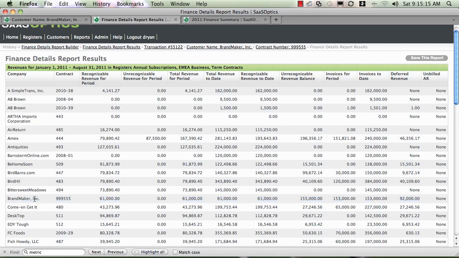Here is a report that we run that shows you the same information, and now we have the brand maker information that we just looked at inside of a report along with all of our other customers and contracts. Now, if you don't use SaaS Optics and use a spreadsheet, you're going to have this type of information in an Excel spreadsheet. As you can see, it becomes a pretty complicated spreadsheet over time,